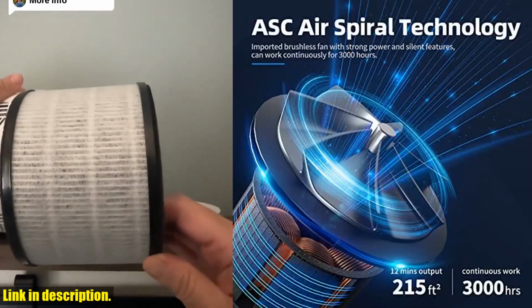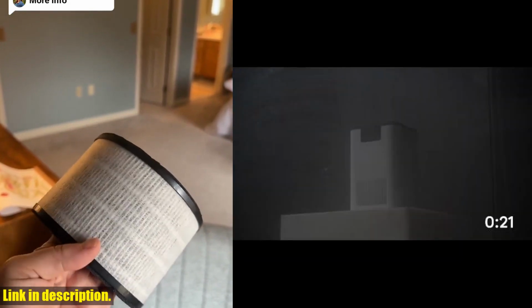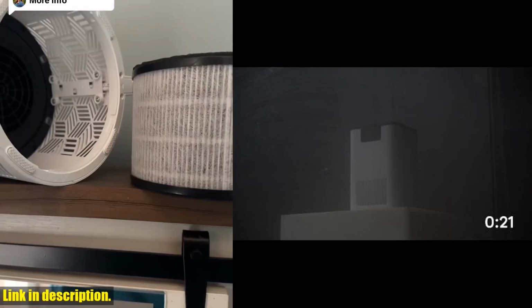You can also add 4-5 drops of your favorite essential oil to the top aromatherapy pad to enhance your indoor air with a pleasant scent. The fragrance will circulate throughout the room with the fresh air, providing a healthy and comfortable environment for you and